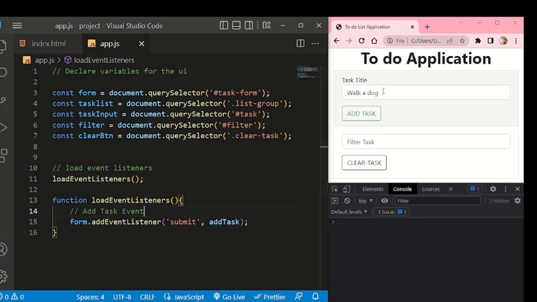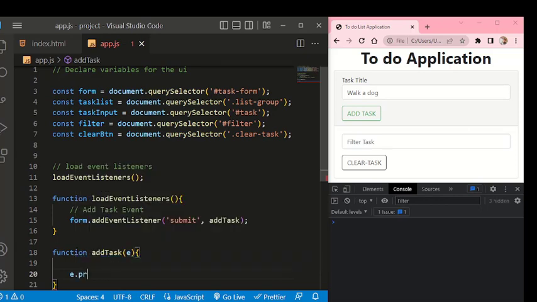So every tax that we're inputting here, we click on the add tax, then it shows right here. So that's what this is all about. So we have the submit event that's going to be happening on that particular form. Now let's move on to create a function for that. So we have addTax. Don't forget to put the event object in there,